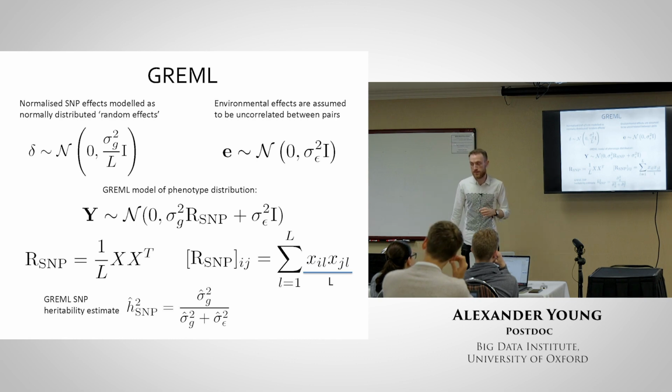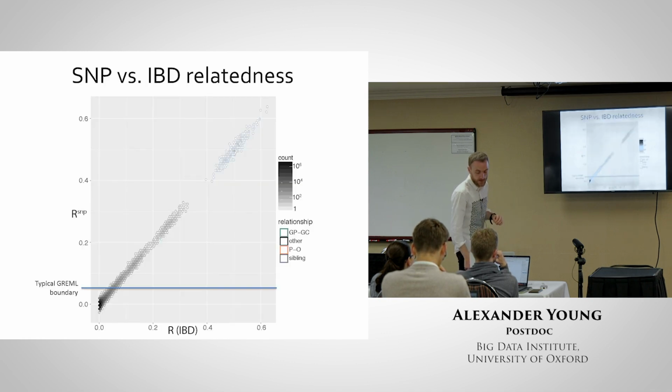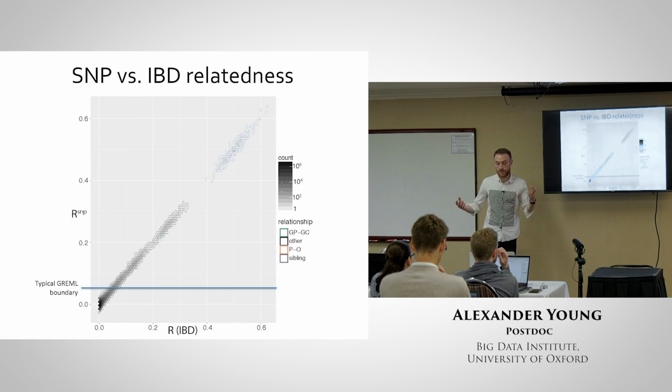That's the way that I think of it, at least, rather than as heritability. It's different to heritability in my opinion, but people call it heritability, and it is perhaps similar to heritability under certain conditions. So I talked about IBD. The IBD relatedness coefficient is different from the SNP relatedness coefficient, although actually, if the number of independent SNPs went to infinity, they would converge to the same thing.